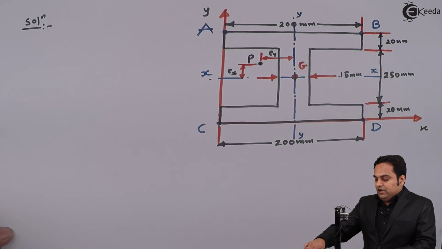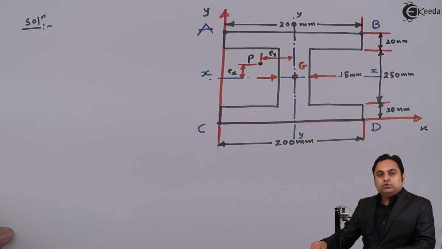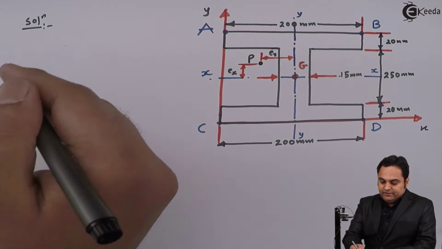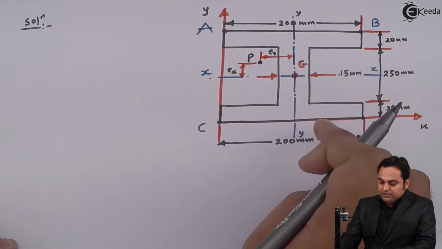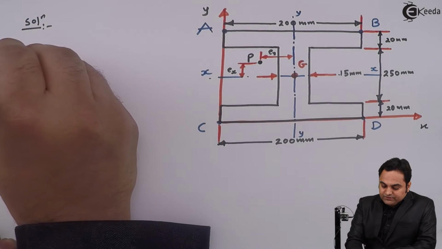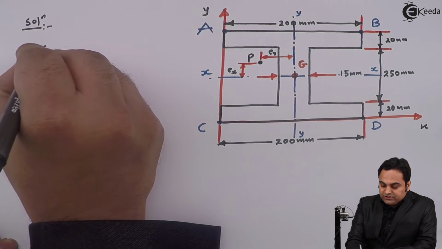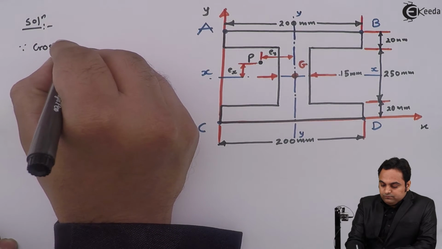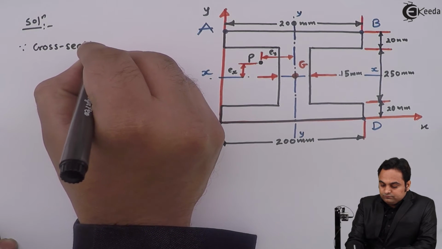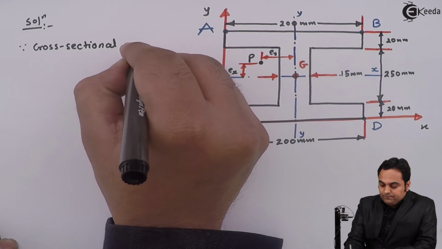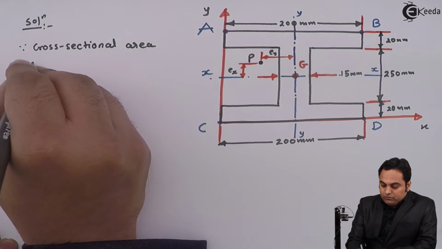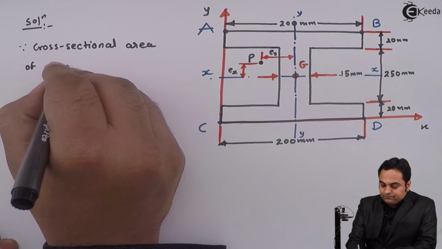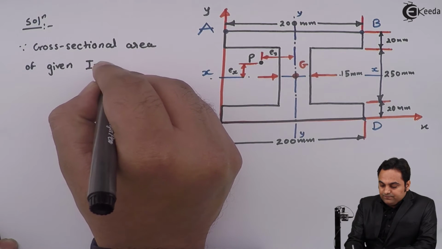So to find that out, the first thing is we should know the area of this I section. So I'll calculate the area starting the solution after the diagram. Since cross sectional area of given I section,